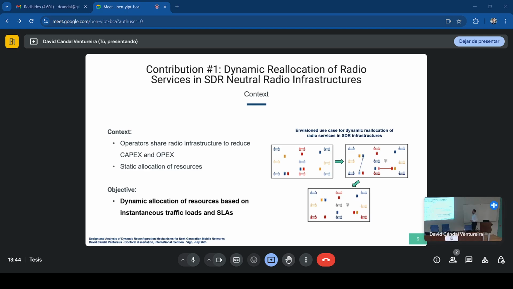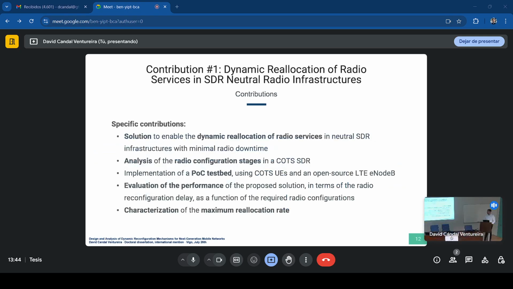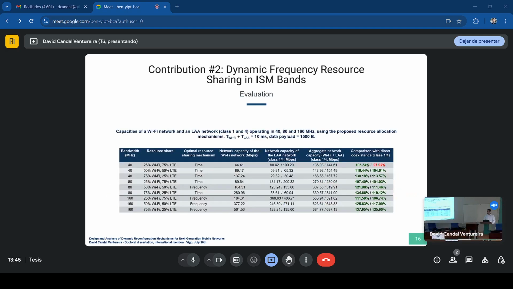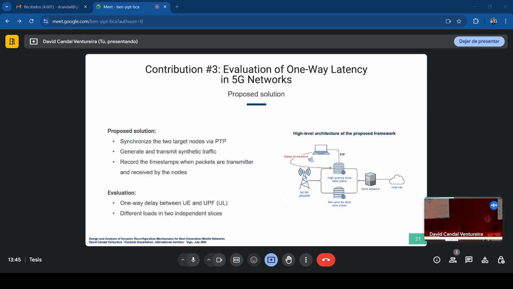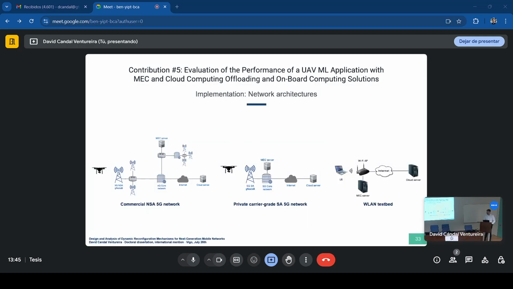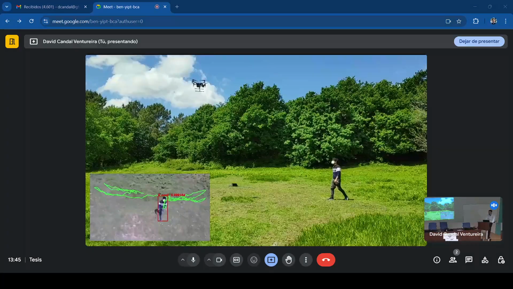Yes. Maybe in this one, and especially in chapter 6 as well, for detecting malicious traffic. And even in chapter 2, you could use artificial intelligence to decide when and how to distribute the resources. I think all of these contributions, well, maybe not this, but yeah. Okay. Well, 1, 2, and 6 can be extended with artificial intelligence too.